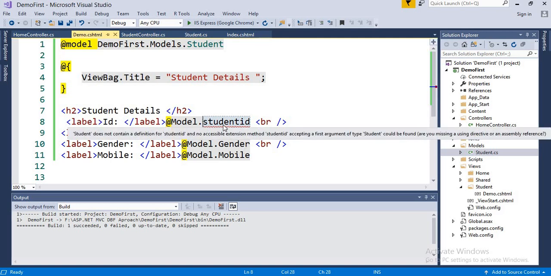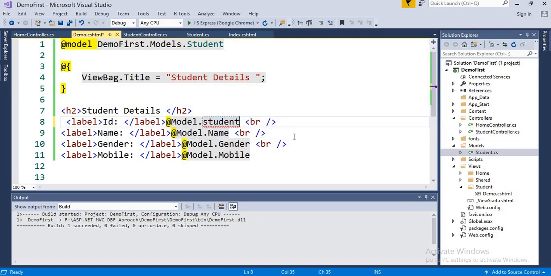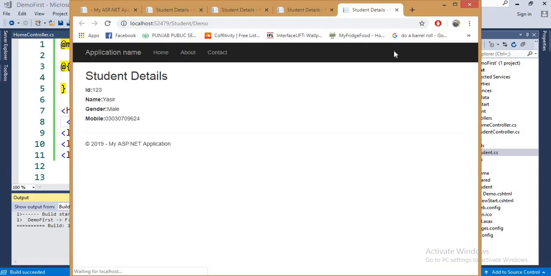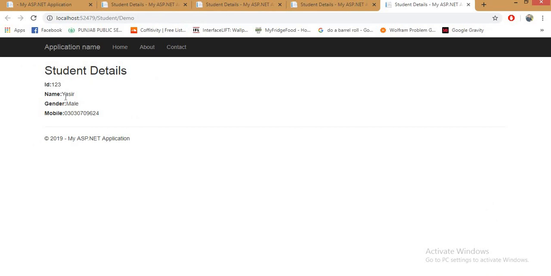So you should read the error. Student does not contain a definition for student ID, and no accessible extension method student ID accepting a first argument of type student could be found. Are you missing a using directive or an assembly reference? So this is technically true. So let me again change it back to ID, so there is no error here. So if I rerun the project, you can see the output is properly formatted,